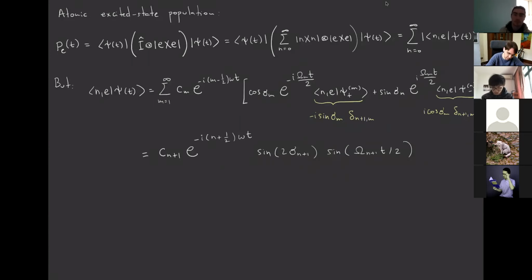Then if we use this, the final expression for the probability of the atom to be excited, so the excited state population, is just equal to the sum from n equals 0 to infinity. We have it here, remember? It's just the sum from n equals 0 to infinity of the square of that. So essentially, this thing here, sine square, and sine square